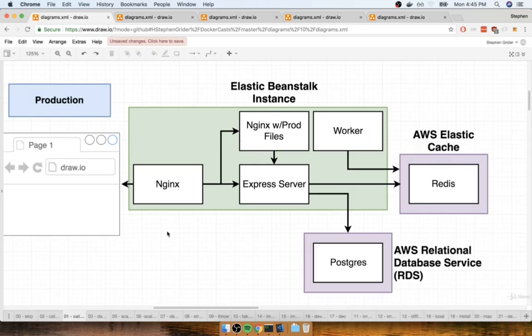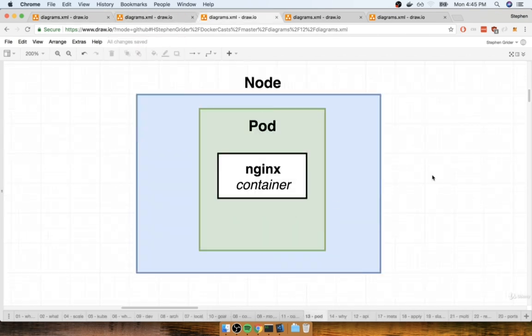Here we go. So back on the multi-container application we put together, we had our Elastic Beanstalk, and it was running multiple different containers all in this single little grouping. And so when I tell you that inside of a pod, we will run one or more containers, you might be thinking, oh, okay, that's it, like game over. We're going to take our 4 containers or 4 images right here and create 4 of these containers inside of this one single pod. Well, that would definitely be an option, but it's not what a pod is meant to do. The purpose of a pod is meant to group